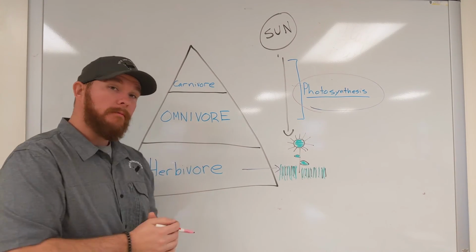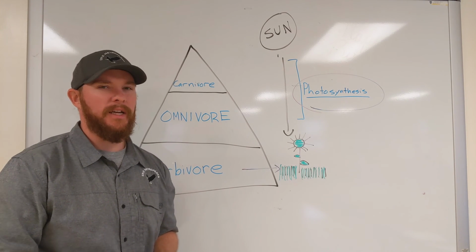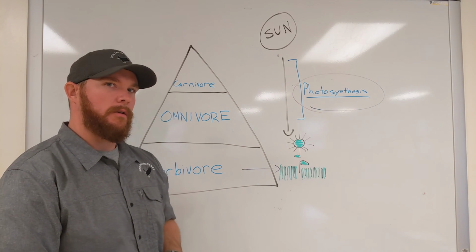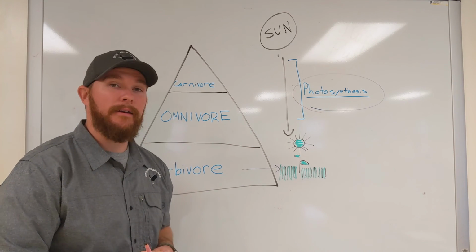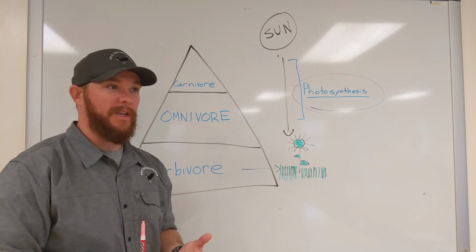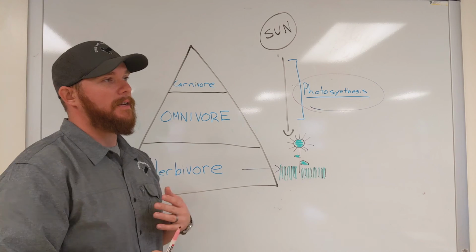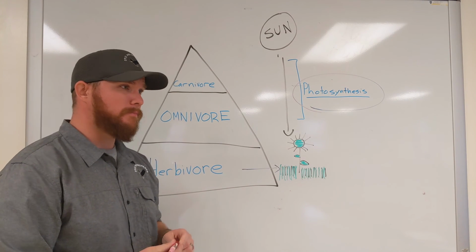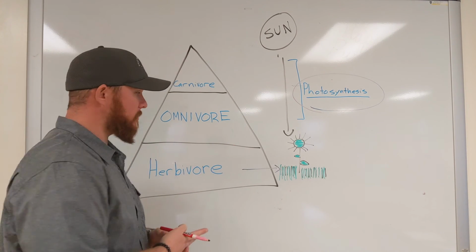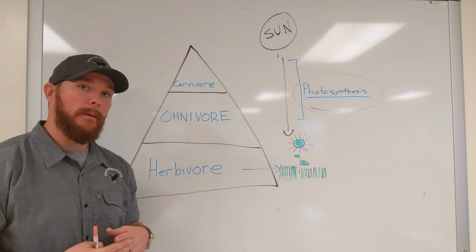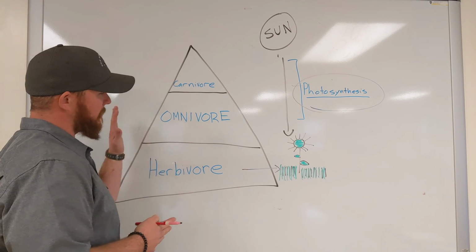Now, an omnivore, do we know what an omnivore is? Take a look around the room that you're in. If you're by yourself, if you're with mom or dad, you are an omnivore. We eat plants and we eat meat. Now, some of us are strictly vegetarians, so we might not eat meat,